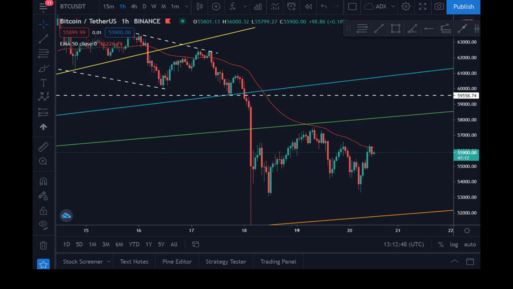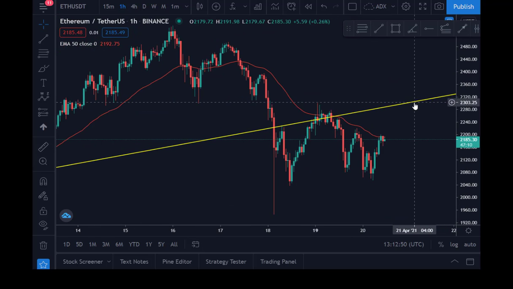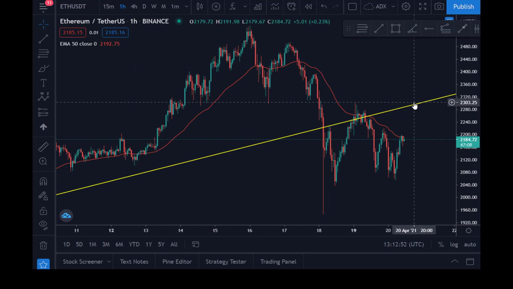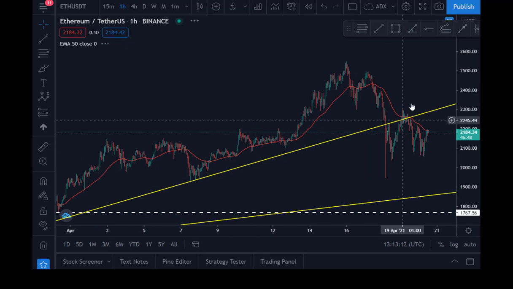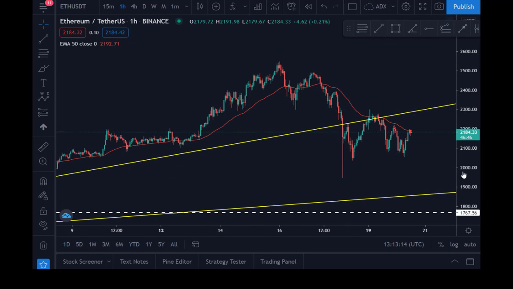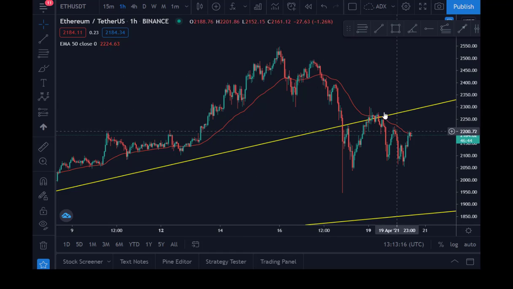Now if you take a look at Ethereum, I think everything is following suit. I told you before that the Ethereum chart is following Bitcoin, or Bitcoin is following Ethereum. They're kind of correlated, so just bear that in mind. Everything that happens to Bitcoin, if Bitcoin breaks, Ethereum will break. If it goes down, Ethereum comes down. So they are kind of correlated in nature. What happens to Bitcoin definitely will affect Ethereum charts, and you can see their charts look similar.